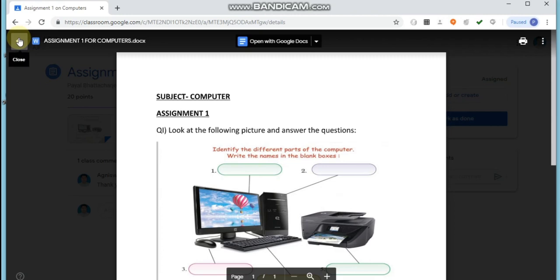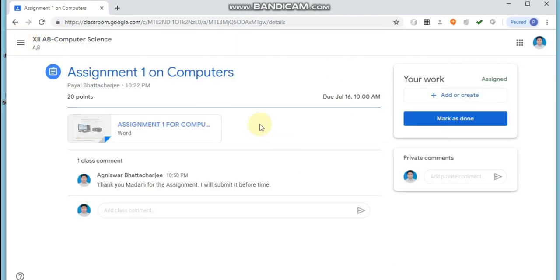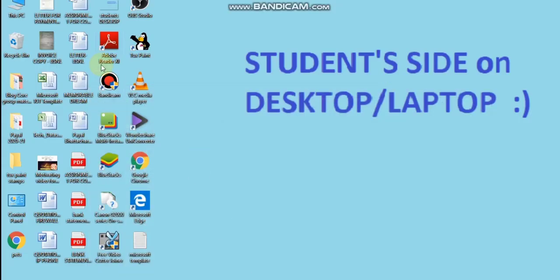Now after completing your assignment from your end as a student, you will upload your work over here. See this box, your work. You have to add or create your assignment. So suppose you have done your assignment,